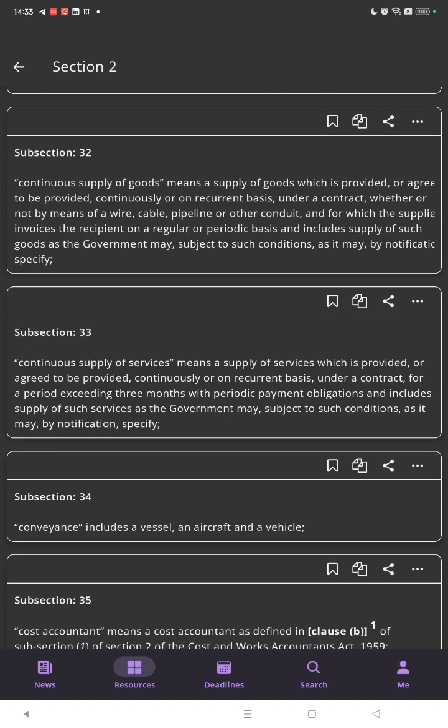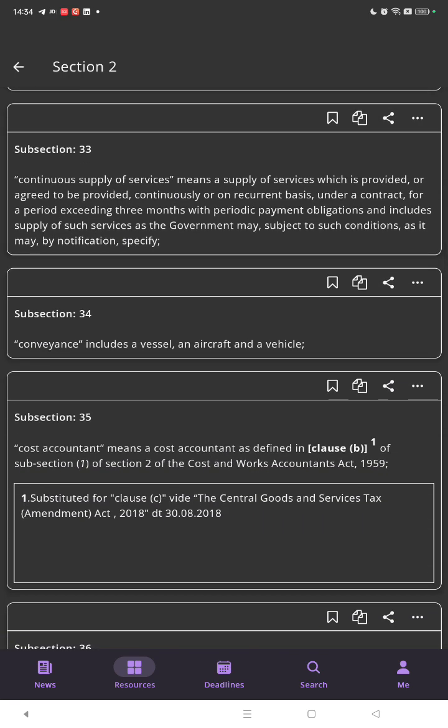Continuous supply of services means such supply of services which is provided or agreed to be provided continuously or on a recurrent basis under a contract for a period exceeding 3 months with a periodic payment obligation, and includes supply of such services as the government may, subject to such conditions as it may, by notification specify. Conveyance includes a vessel, an aircraft, and